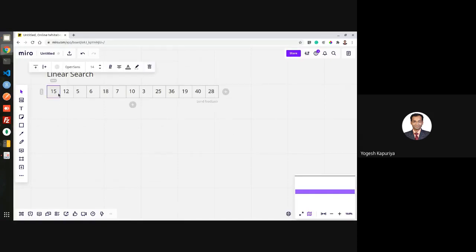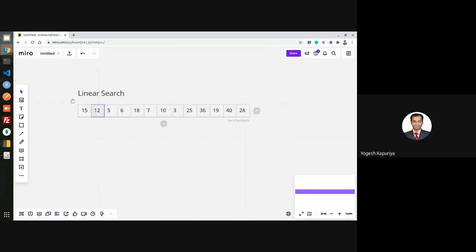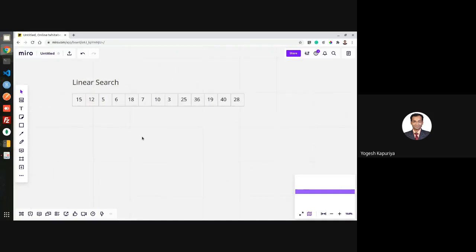This indicates the array of numbers I'm having. I want to search for some element that is known as a key element. So you always have some key element. Let us say in our case, the key element is 19. So you want to search for this key element inside this array.